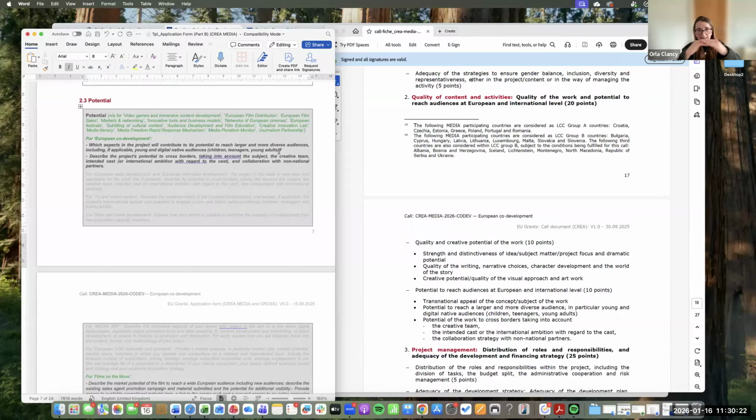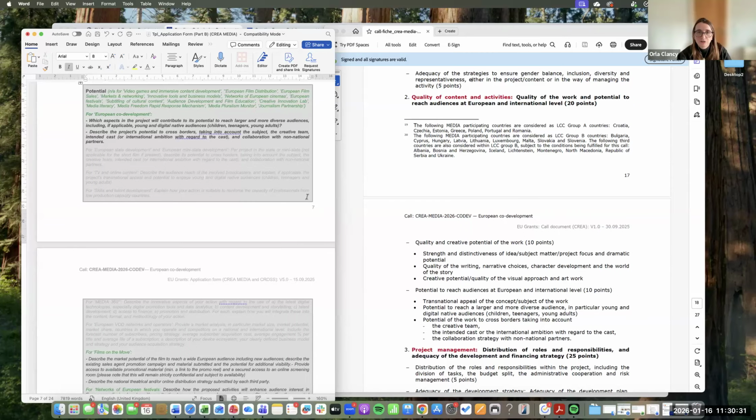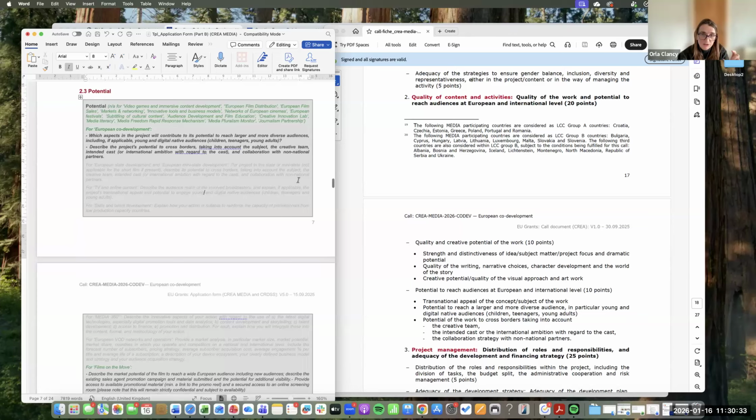Break it down into different headings. Do that today. Just break down the application into different headings, and then just start filling it in. Because if you miss one of those headings or you miss one of these words, you're losing points. So the transnational appeal of the concept, of the subject of the work. How do you think that will work? And why? Potential to reach a larger audience and a more diverse audience, in particular young and digital native audiences, and the potential of the work to cross borders, taking into account the creative team, the intended cast, which is becoming more